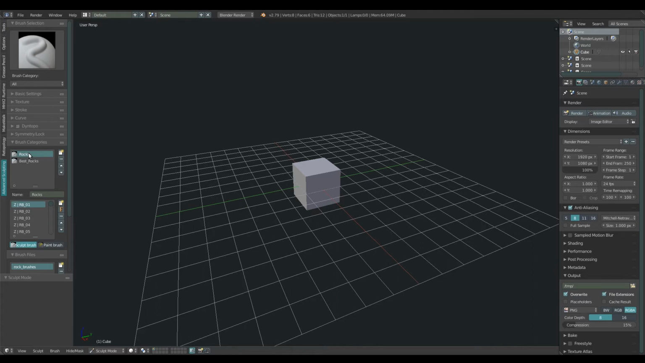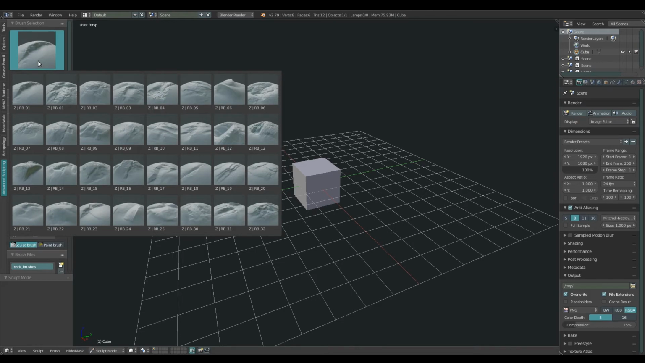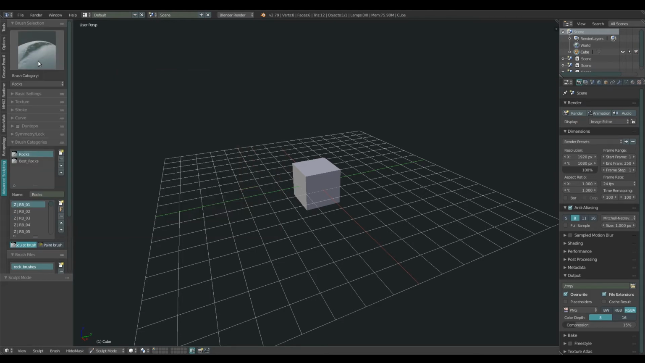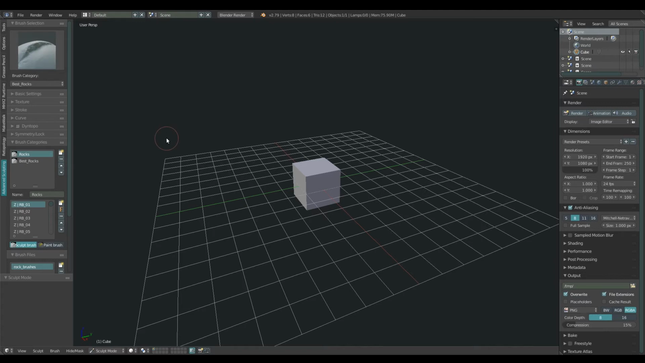Alright, so here you can see that the add-on has imported all the rocks, and now I can easily use them for my sculpting purposes. Now,